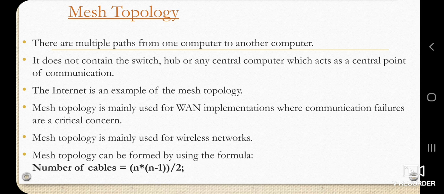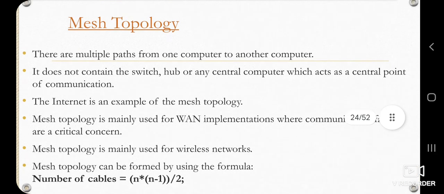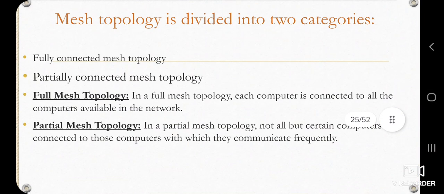Mesh topology is mainly used for WAN implementation, where communication failures are a critical concern. Mesh topology is mainly used for wireless networks. Mesh topology can be formed by using a formula: number of cables equal to n(n-1)/2. Advantages: